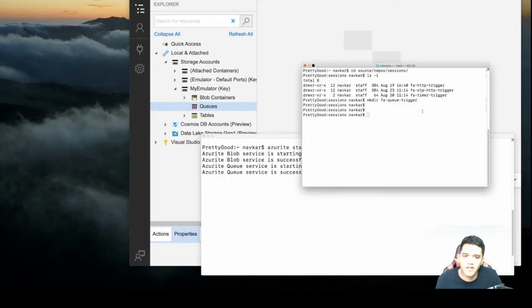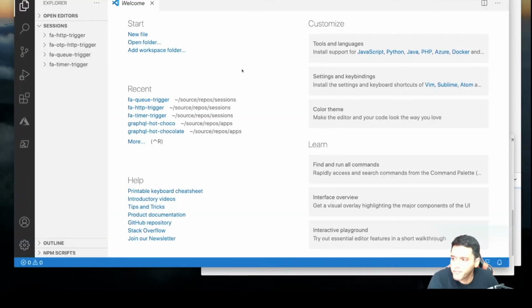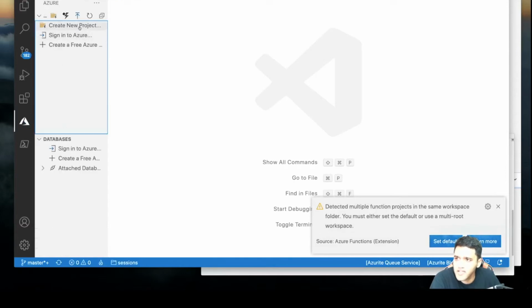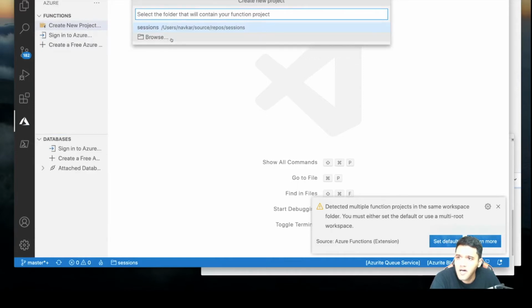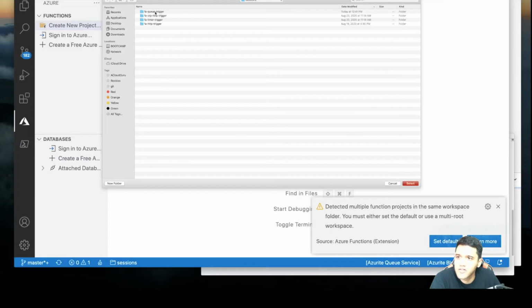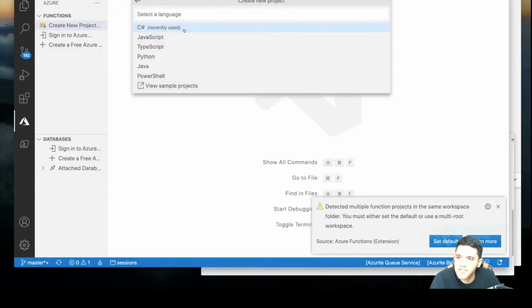I'm opening Visual Studio Code, and once I have it running, I'm going to click on this Azure icon here, and I'm going to say create new project. I need to select a folder, so I'm going to select a folder called Queue Trigger, which is empty, and I'm going to select C#.